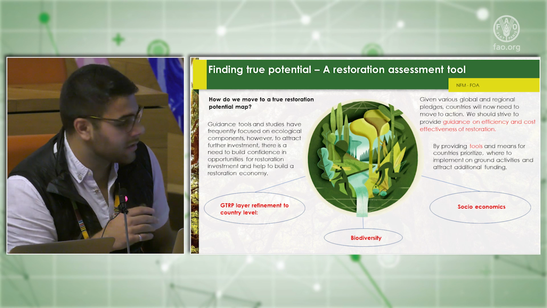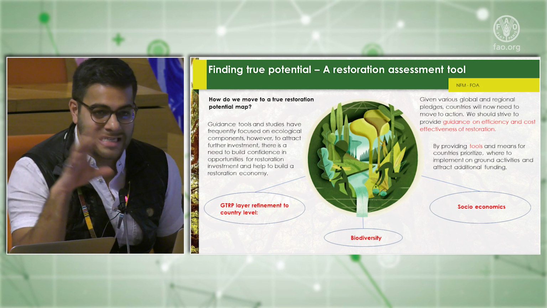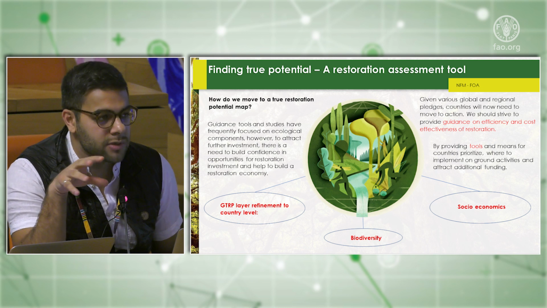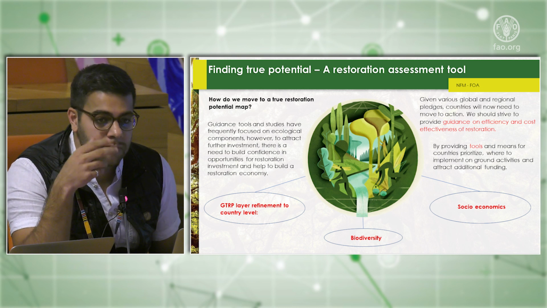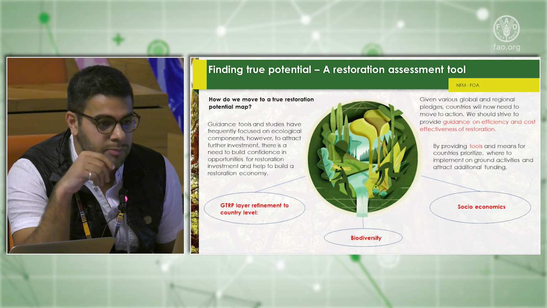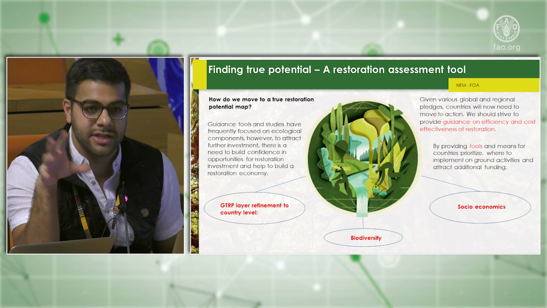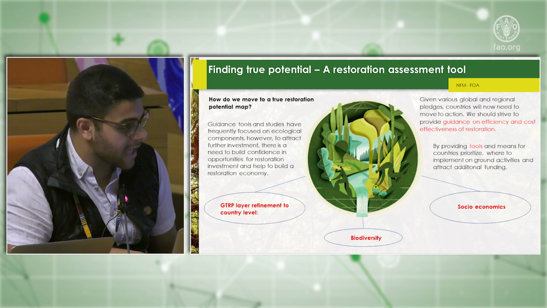Jean-Francois also mentioned the idea of biodiversity, or the idea of helping countries on the assessment side, so not on the monitoring side, but helping them assess where and what they'd like to restore in a more specific and clear manner, by allowing them to model potentially what their stable states and end states of forests would be, and then making decisions, again, aligning with their national priorities. So that's the biodiversity angle.